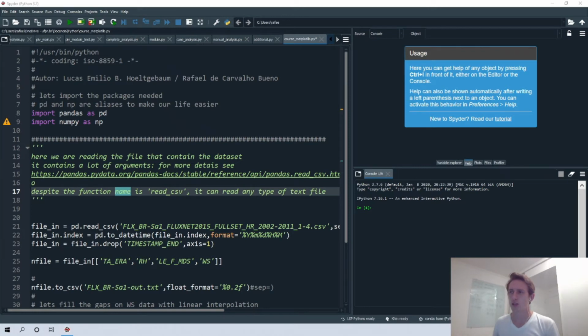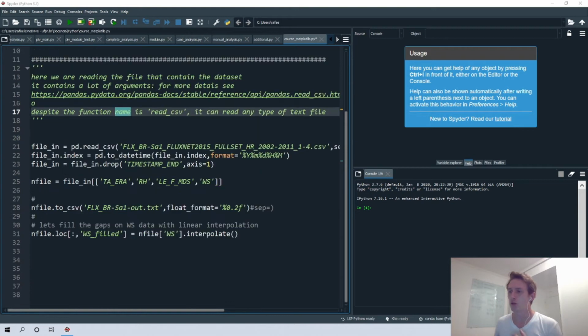Of course, this is a little bit different because you will work with data frames. That is the type of variable generated by pandas. It's one of them. So this is a little bit different from using just the Matplotlib plotting with, for example, just an array or 2D array, but not too much.